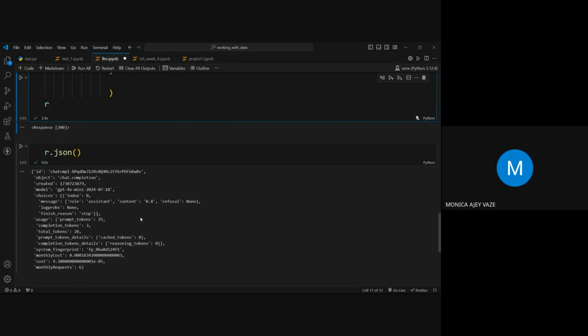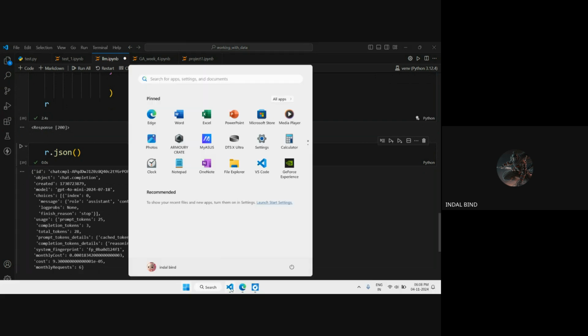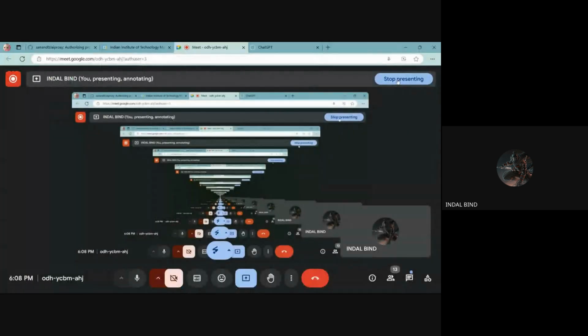If you look at message, content, it says 0.8. So your prompt was different from mine. It's just giving you a number, 0.8. Okay, thank you. Great.